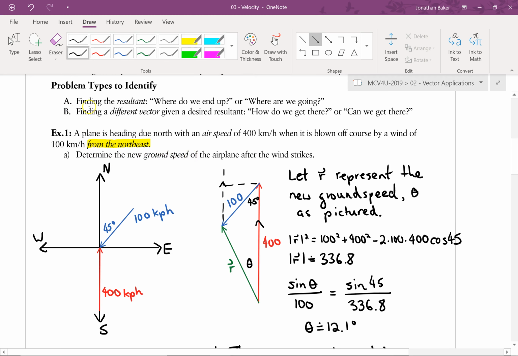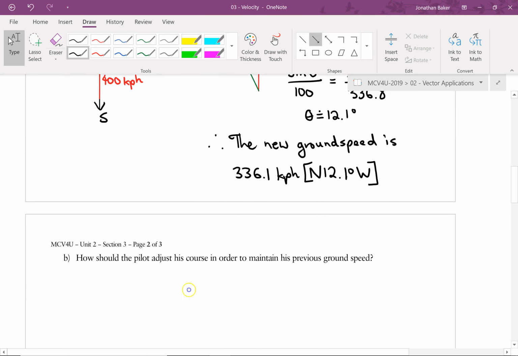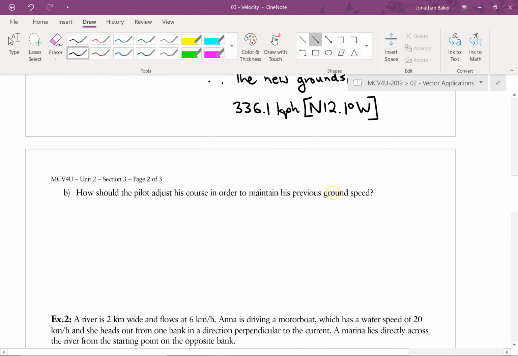This is finding a resultant, right? We were finding a resultant. Where do we end up because of the wind, right? So that's problem A. Finding a resultant. Where do we end up? Where are we going? Now this next question is saying, how should we adjust our course to keep our old